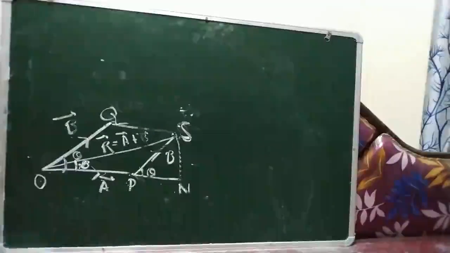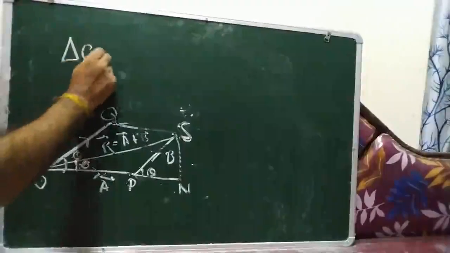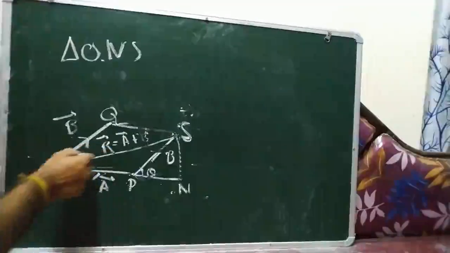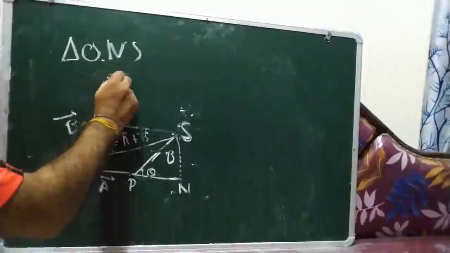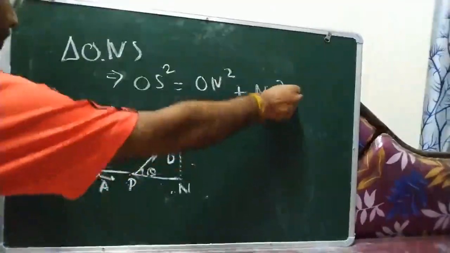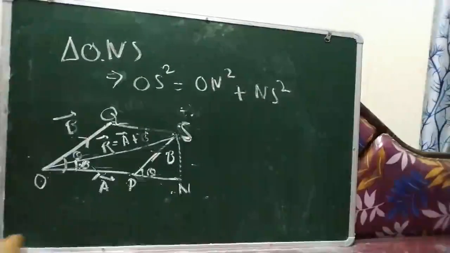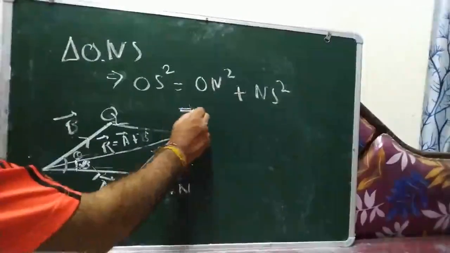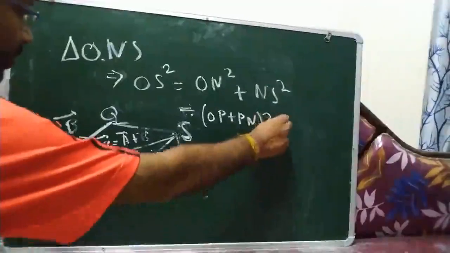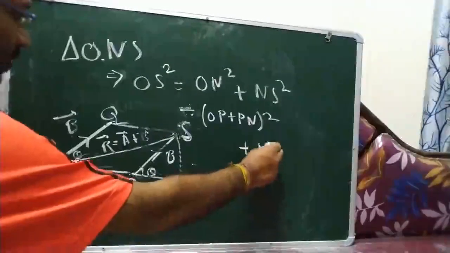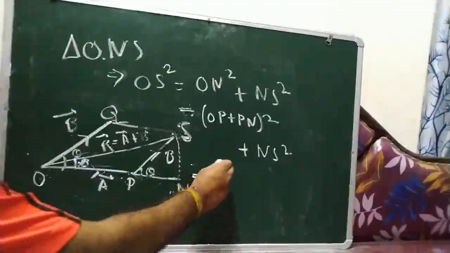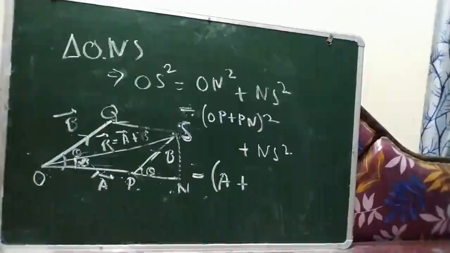Now we use the Pythagoras theorem. So when you use the Pythagoras theorem in triangle ONS, this is a right angle triangle, ONS. Here using the Pythagoras theorem, OS square equals ON square plus NS square. Okay, so now ON is OP plus PN, so OP plus PN, whole square, plus NS square. Now things are clear. So what is the value of OP? A. And the value of PN that you found a little while ago is B cos